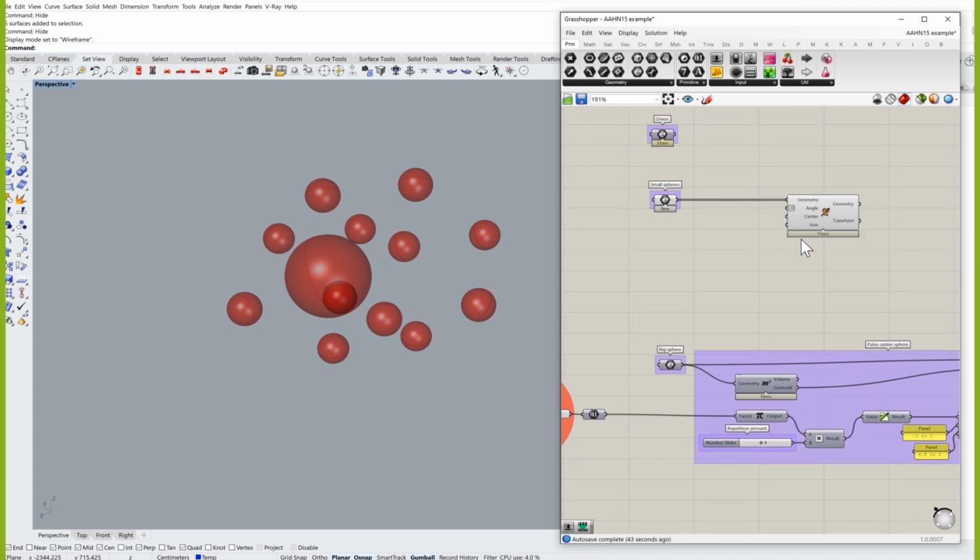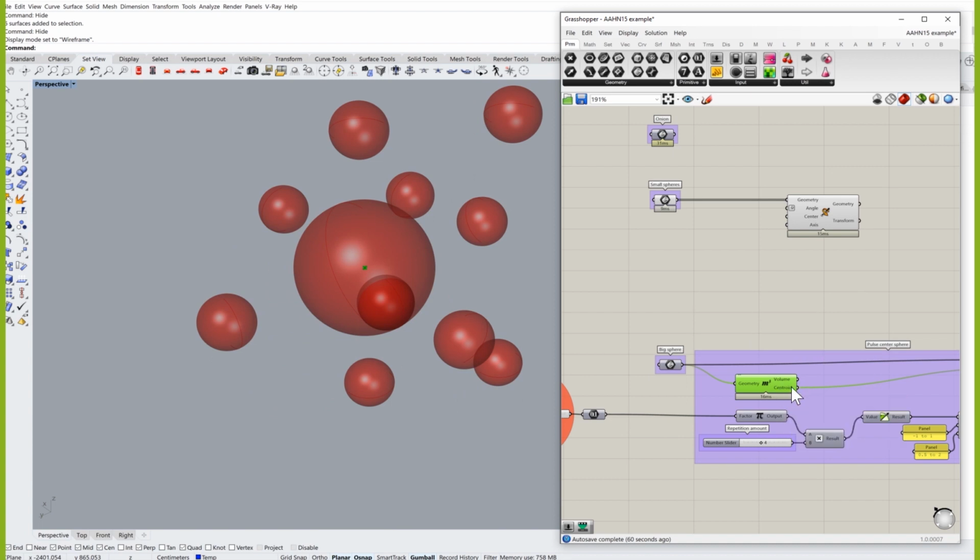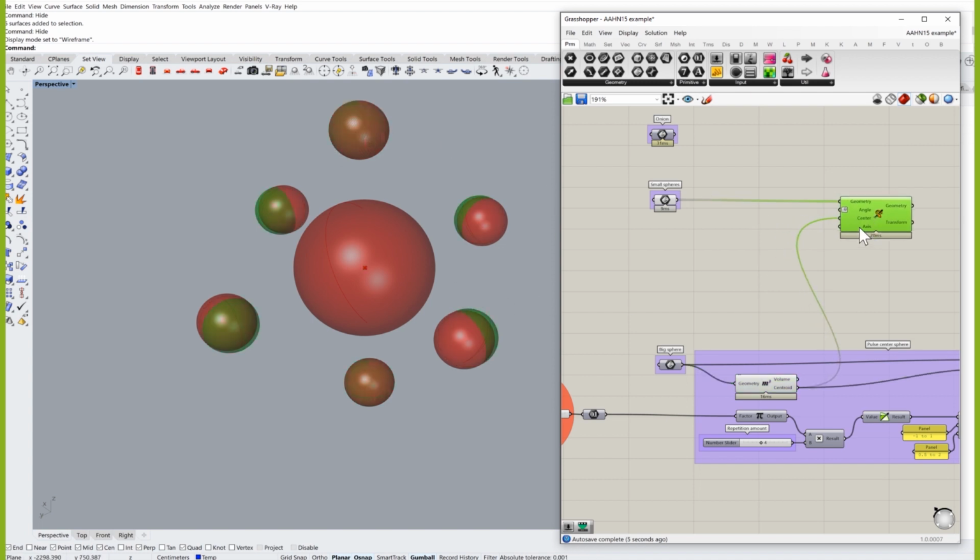Then we have the center point. Well, for the center point, we actually already have the centroid here, right, measured from the big sphere, and it's the same center point, right? So we're going to be rotating around the same point, which is, let me show you, this guy right here, right? So we can reuse it, and I will just connect it like that. So now the spheres are going to be rotated around the center point, and the axis is going to be,